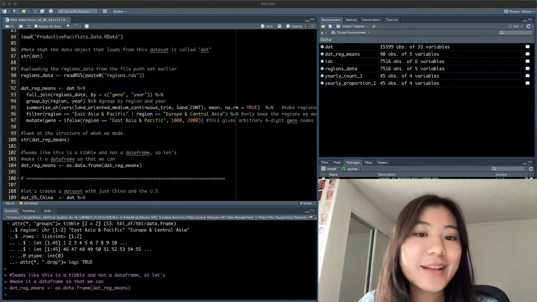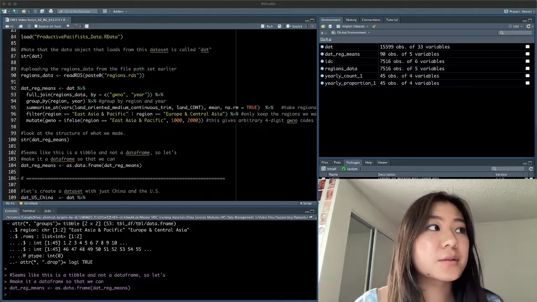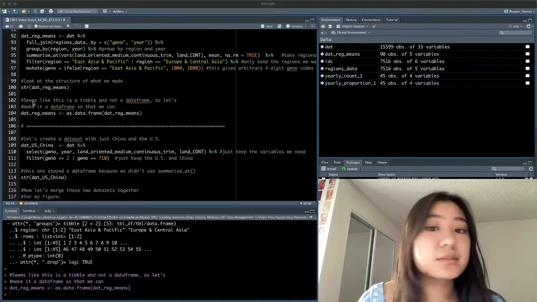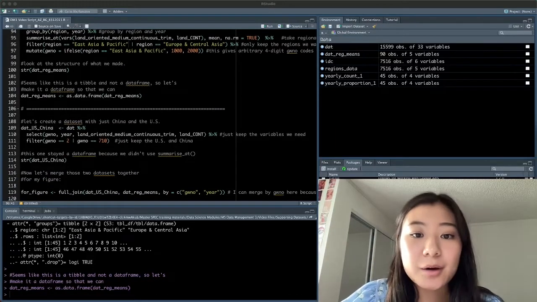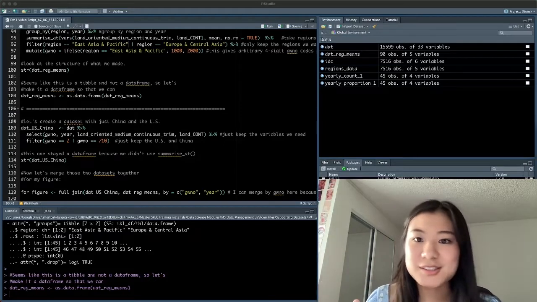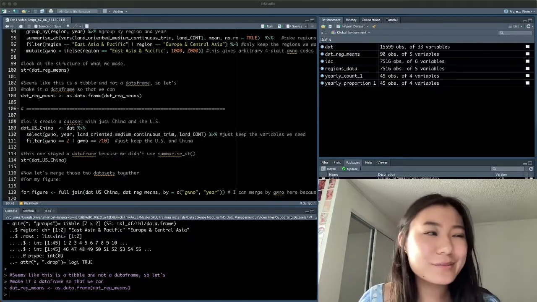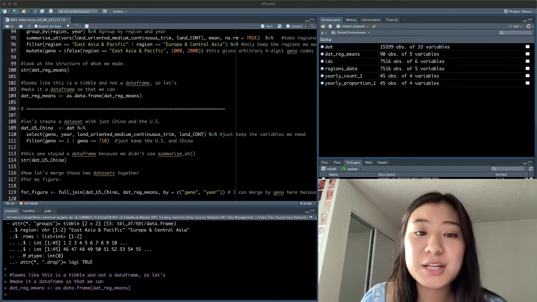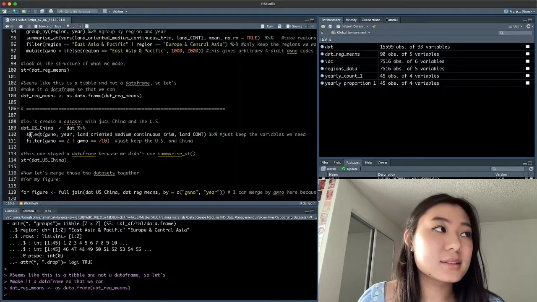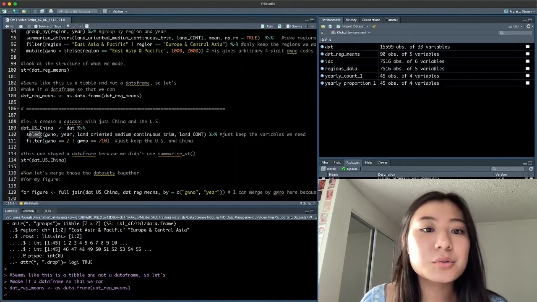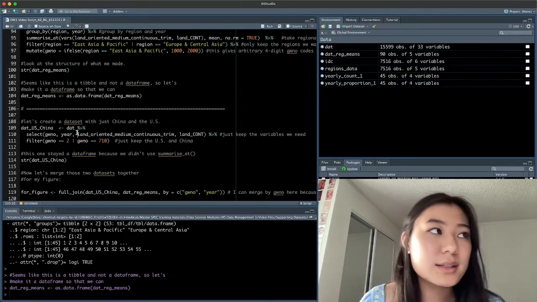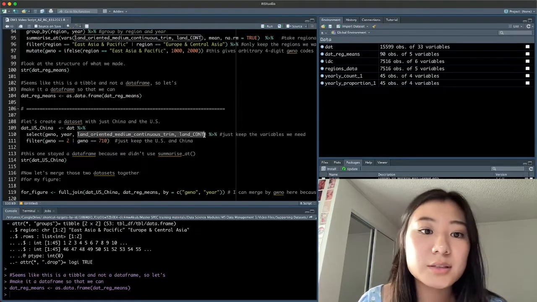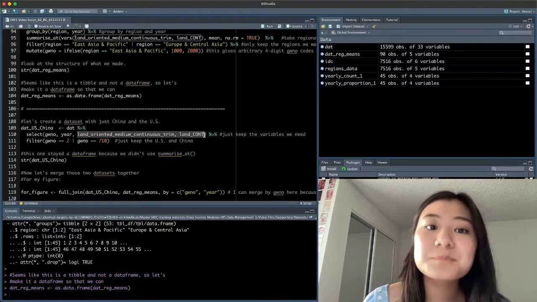Okay, so from where we left off in the last video, the region year data is ready. What about our country year data? Right now, we still have all 180 or so countries in the world, but we only really want China and the US for this picture. Let's use the select function to select GWNO, year, and these two measurements of land orientation on line 110.